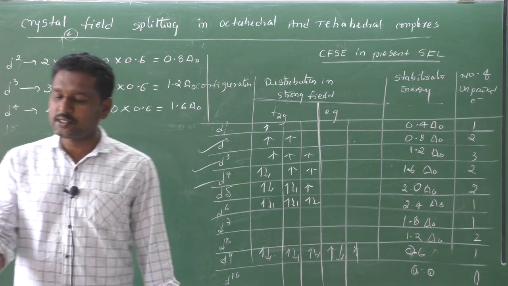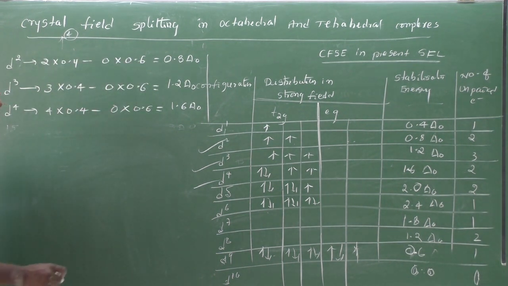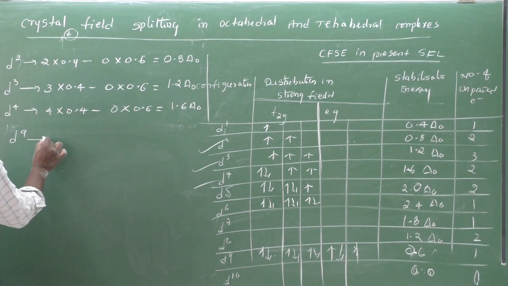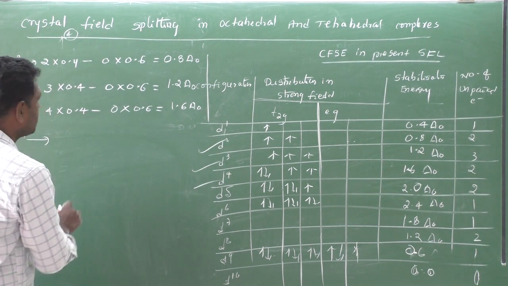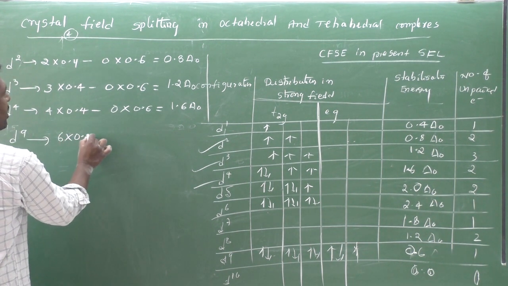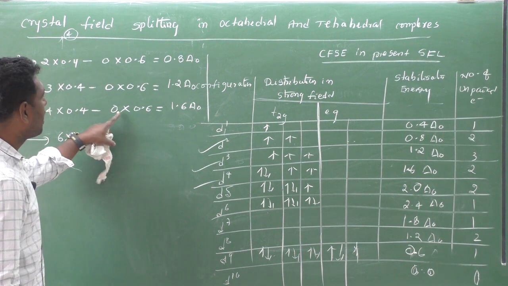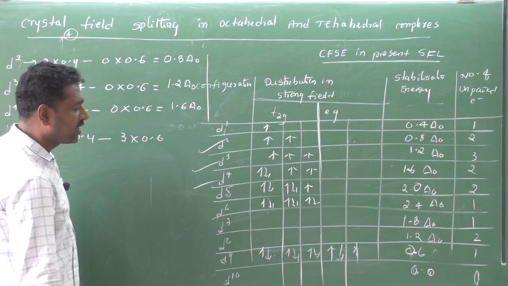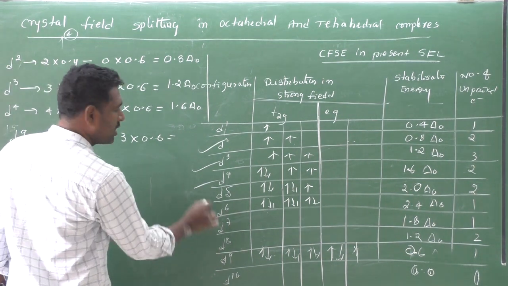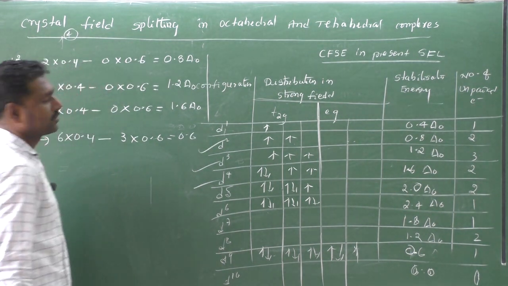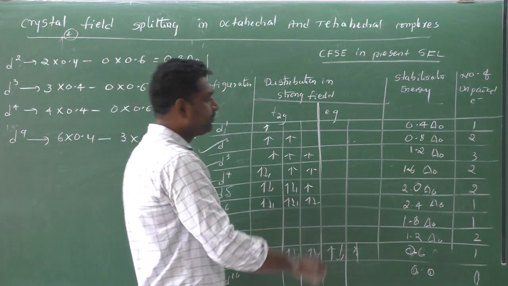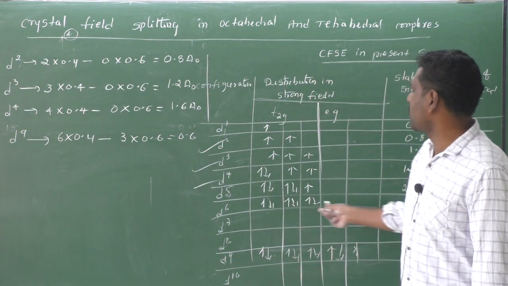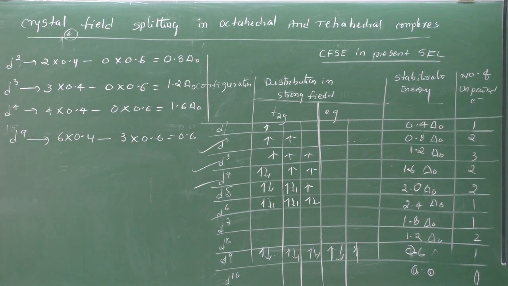For D9 electrons I will write like this: 6 into 0.4 minus, here how many electrons? 3 into 0.6. The value is approximately 0.6. So first, write the electronic configuration, in case of strong field